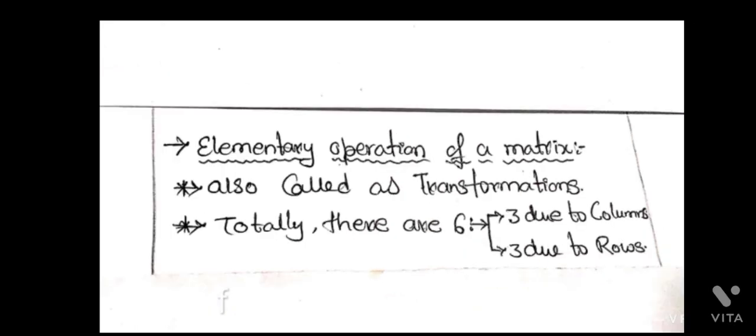Next we have elementary operations on matrices. How we get elementary operations of matrices, we will learn in our next video. Let me tell you, elementary operations are also called transformations, and in total there are 6 elementary operations of a matrix. We apply 6 types of elementary operations to get the inverse of a matrix, and out of those 6, 3 are due to columns and the remaining 3 are due to rows. So with this, hoping that